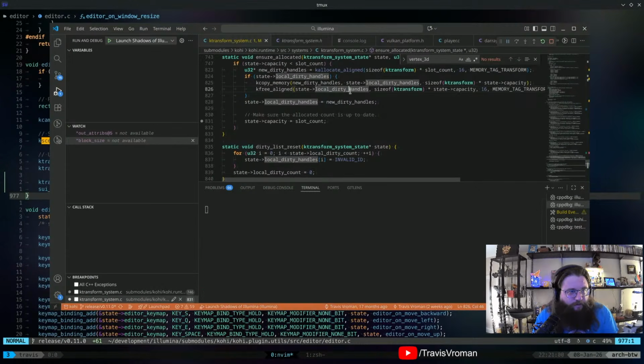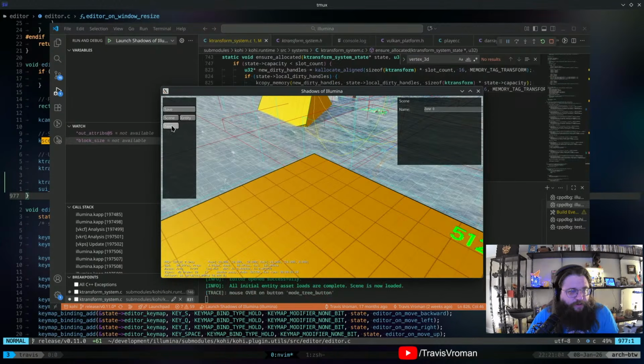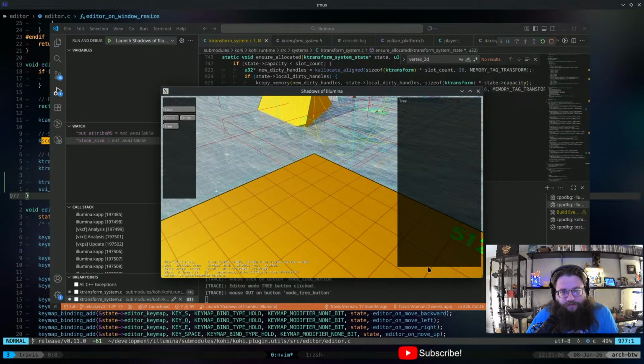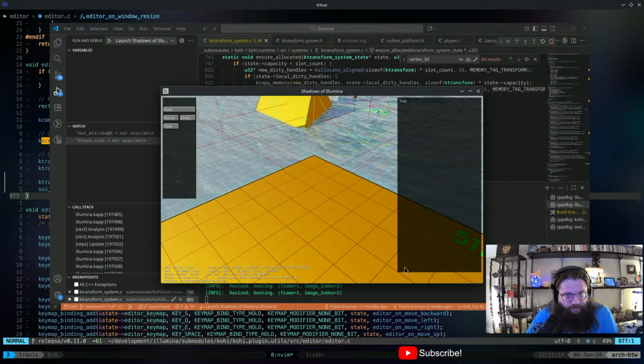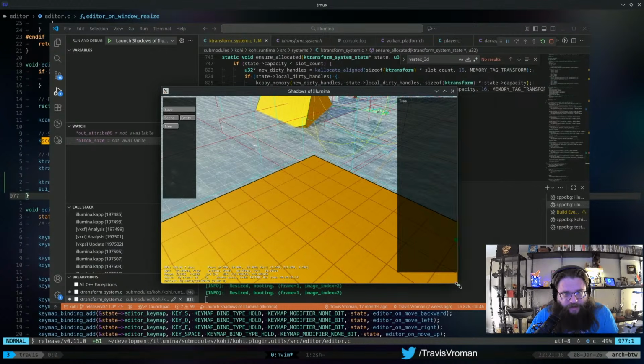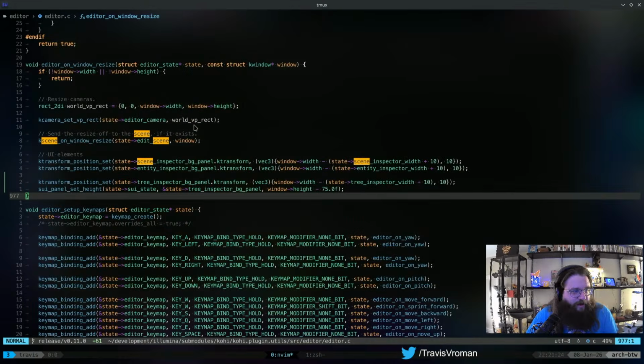All right. So when we run this and we switch into tree mode, now it's resized. 75 is not near enough, apparently. It needs to be at least 100, I guess. I don't think this is going to be too much of an issue, but better safe than sorry.